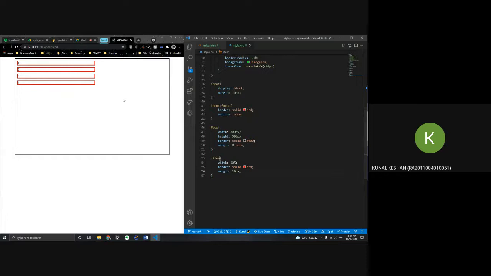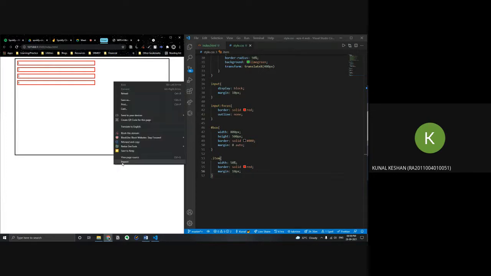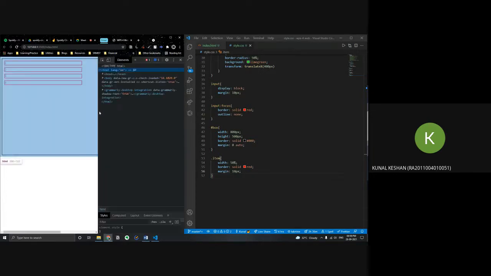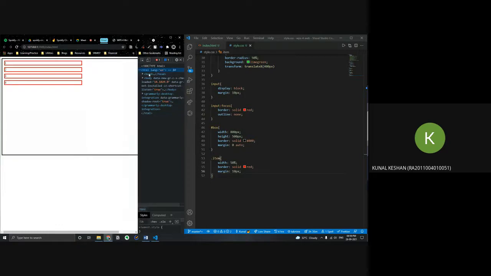So now this is just a simple div container with four items in them. Let's go into inspect tools. Over here you see this icon. It's called toggle device toolbar. Here you can see your web page in various devices, how it looks.